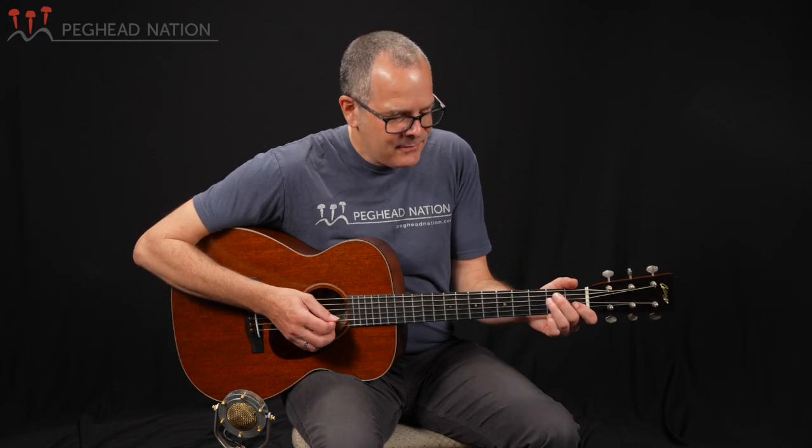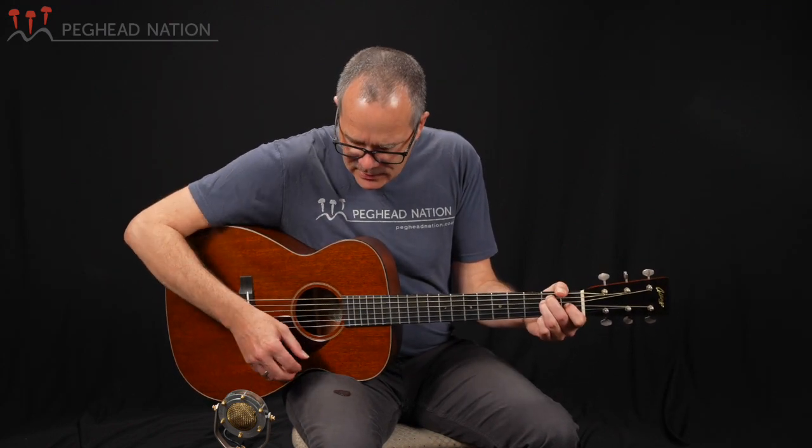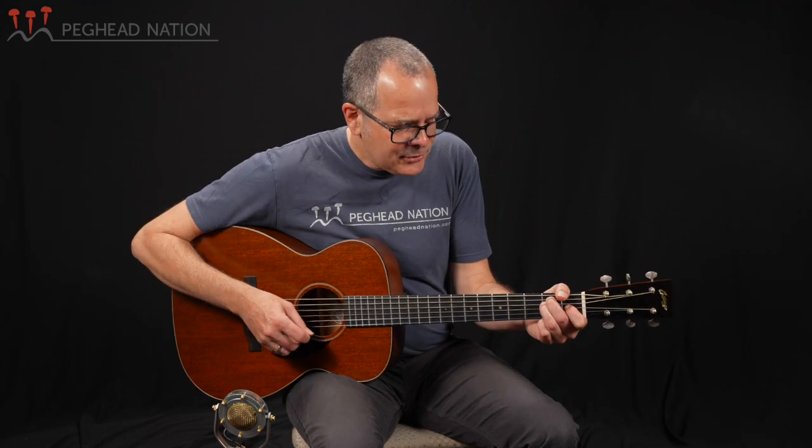So, as I mentioned, part of the idea with these traditional series Collings guitars is to kind of take a different approach to the Collings voice. And these guitars are designed to have sort of a strong fundamental mid-range, full trebles, and I always find that if you can build an acoustic guitar that has rich and kind of round-sounding trebles, the rest of the tone is probably going to follow. And personally, I tend to like guitars that have that, and this definitely offers that. A very nice open and rich sounding treble strings,